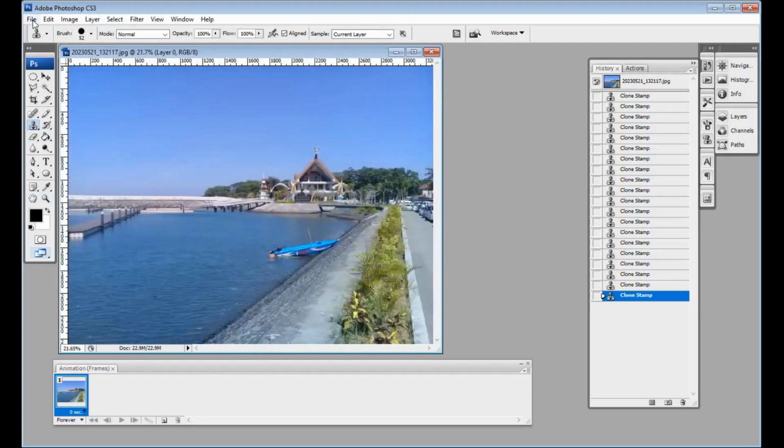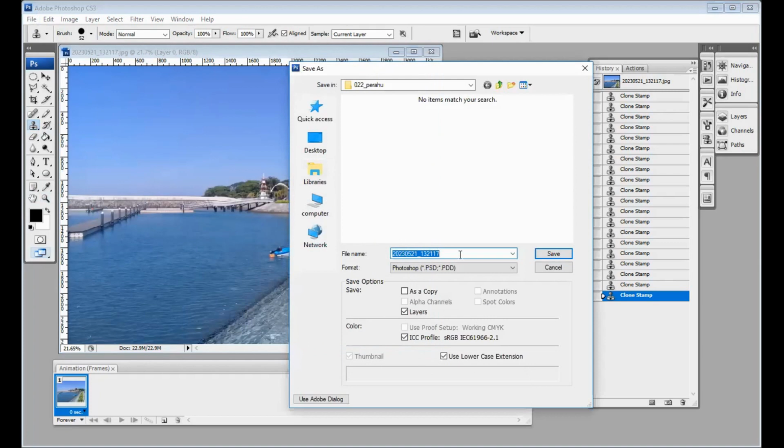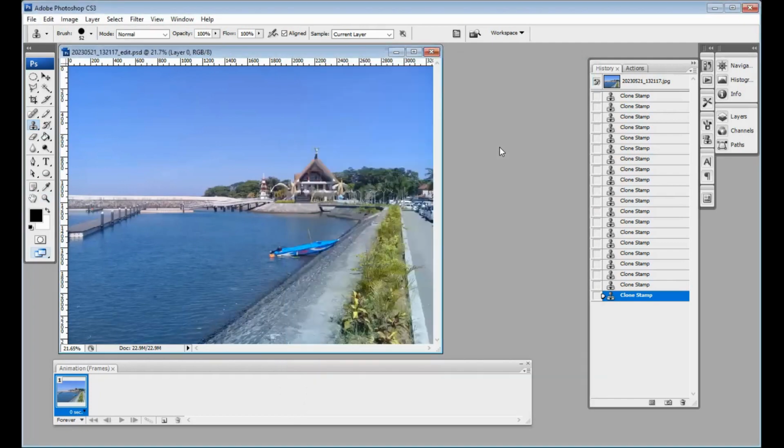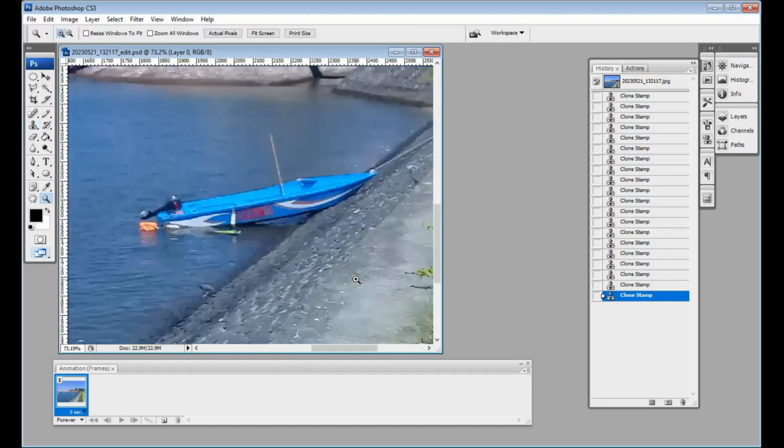Okay, sometimes we must save first. Yeah, if we don't, maybe we lose our work and others. Yeah, okay, let's try to edit this.